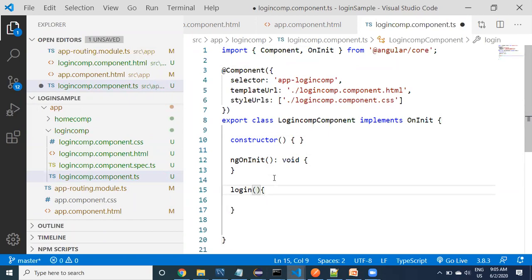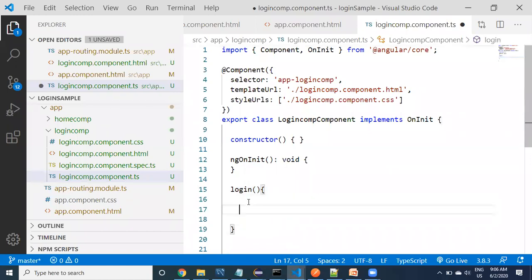You can take the data by taking form control and everything. We can take these things, fine. But now I really don't want to get into those things. I just want to show you an example. If it is successful, I want to go to one page. If it is not successful, I have to go to the login page again. So which particular component to go to is going to be decided here. In the router outlet, you have to display what kind of page, whether it is the login page or some kind of home page. That is what I would like to know.